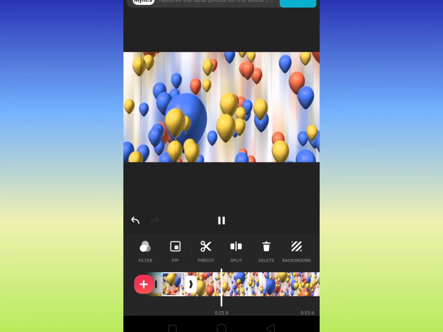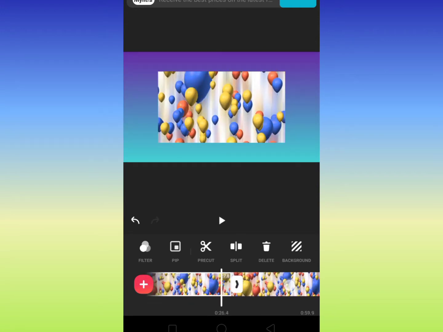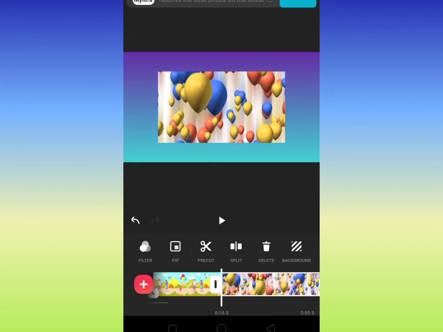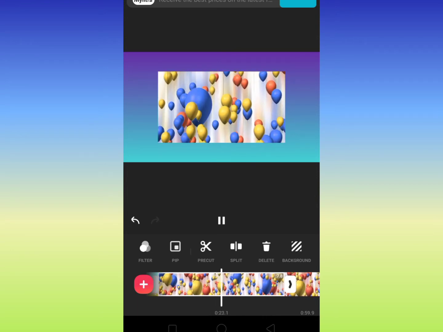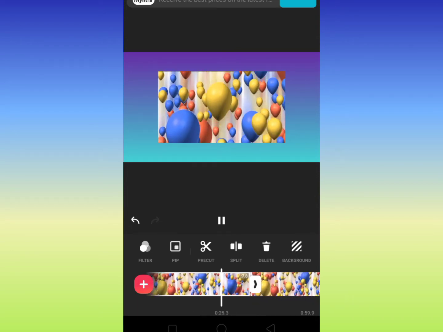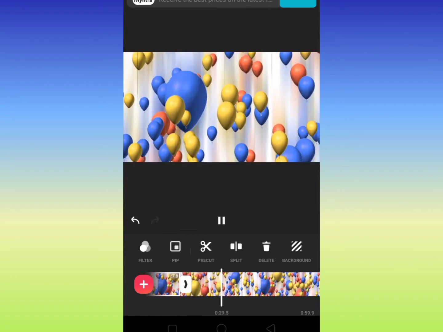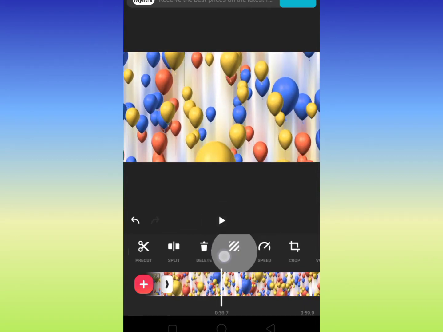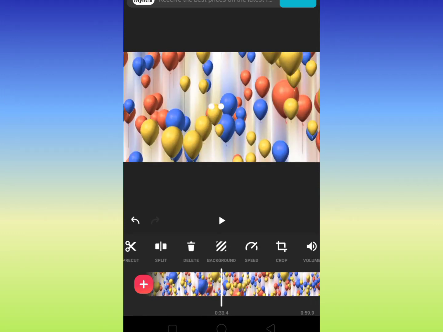And if you see from here, in this clip it's only for a short while, like you can split and put this background, and then in the later part which is here, now you can see that the screen is full. So you can do these things as well with the background.